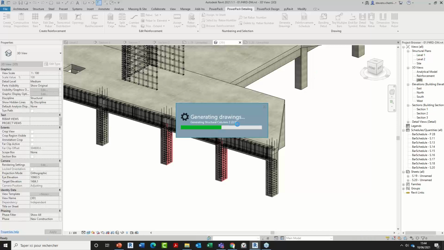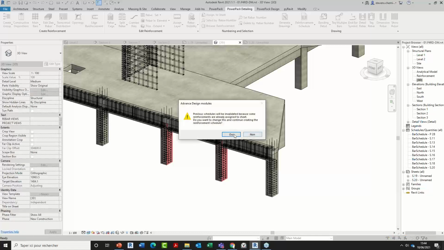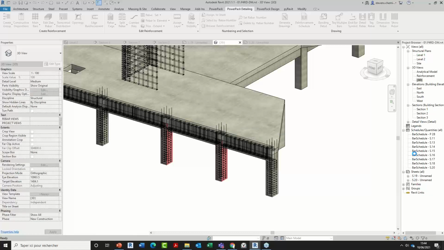And here you see the progress. Normally we will have here in the Revit tree additional lines for sheets, schedules and detail views as well. Now it's generating the graphics.